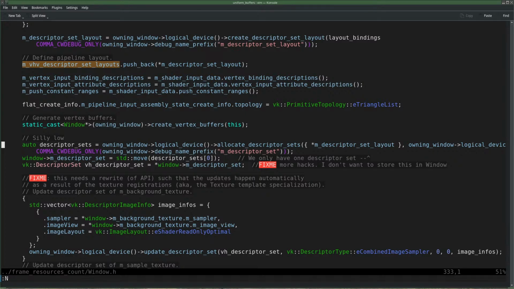And then the finale, descriptor sets is allocate descriptor sets. Oh boy.